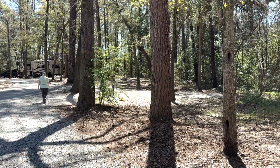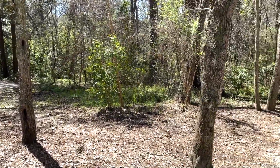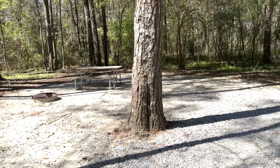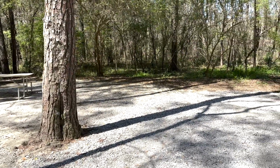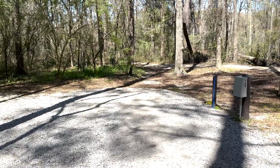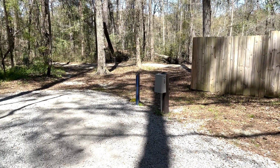It's a South Carolina State Park. It has 25 campsites, and they're varying in size. You can put tents here, or you can have RVs here. And some of the sites can take full-sized RVs, though it's a little bit tight for the really, really big ones. And then other ones can take up to 20-foot RVs. And all of them have sewage, water, and full electric hookup with the 30 and the 50 amp in addition